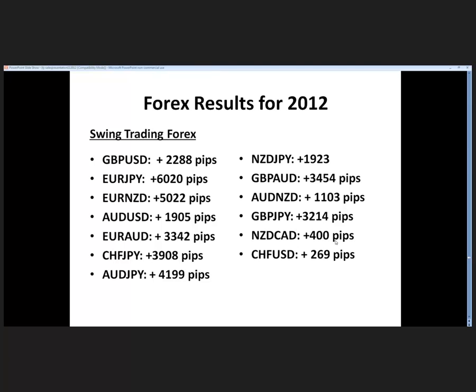But the beauty of trading Trend Jumper with Forex on a swing trade is that it's easy enough that you can trade multiple markets, so you don't have to go into every session every month knowing that the top market's going to be the Euro Yen. You know what? Trade all of these. Mix around, and then you don't have to get into the business of trying to pick what's going to win the next 12 months. Because if you traded all of these, think about what your average would be per pair. I don't know exactly, I haven't added it up. It's probably over 2,000, 2,500 pips per pair. And I don't even have to pick which one's going to be hot over the next 12 months.